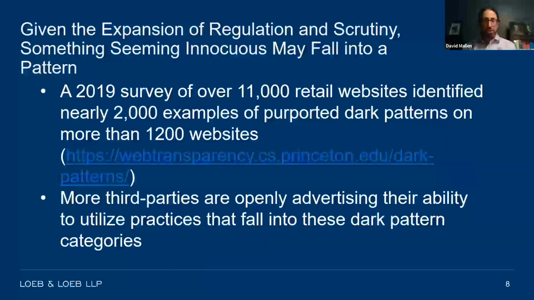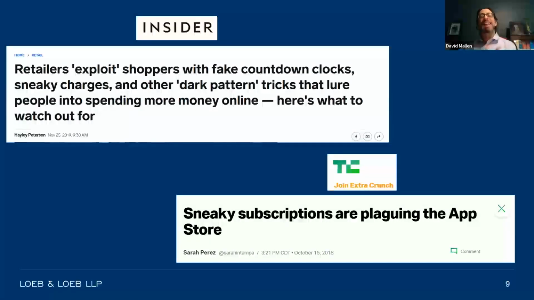Some of these have to do with disclosures, as we'll get into. But generally what we're talking about, again, are the kinds of practices that would constitute a deceptive or unfair practice under Section 5 of the FTC Act. And of course, that trickles down to various consumer protection laws by the states and touches upon class action lawyers, again, as Jason will get into. So in thinking about the attention given to dark patterns, we know that the trade organizations, there's just a lot of buzz about this now.